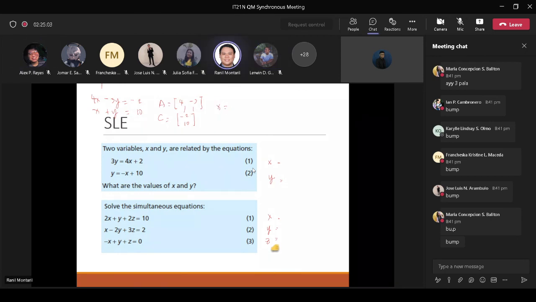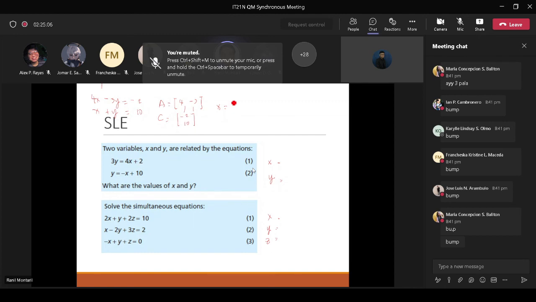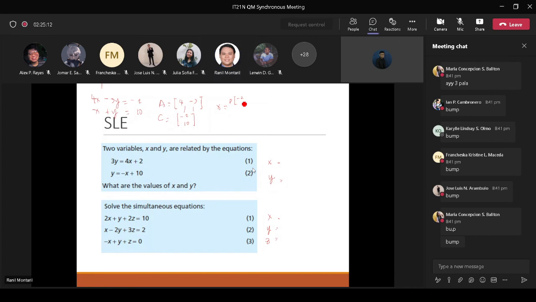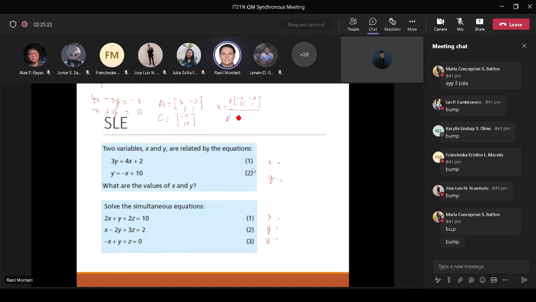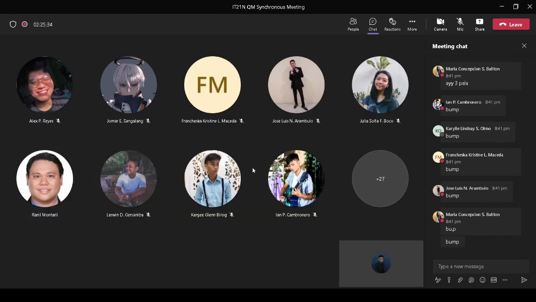Now, how to solve for x? My x is equal to the determinant of what? I replace the x column with the constants: -2, 10, -3, 1. Divided by the determinant of the coefficient matrix, which is 4, 1, -3, 1. Now, what's the answer? What is -2 times 1, guys? That's -2. -2 plus 30,